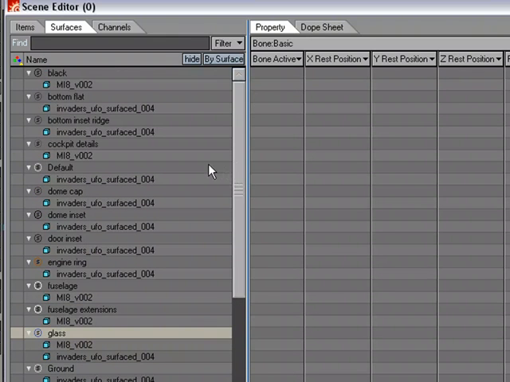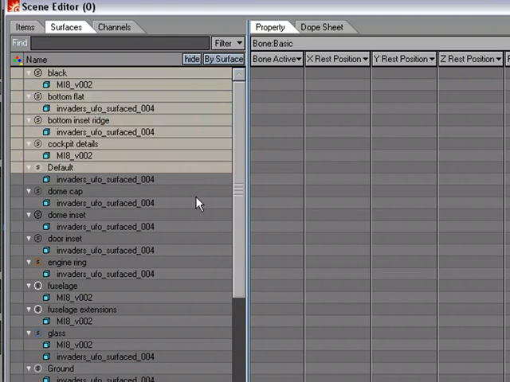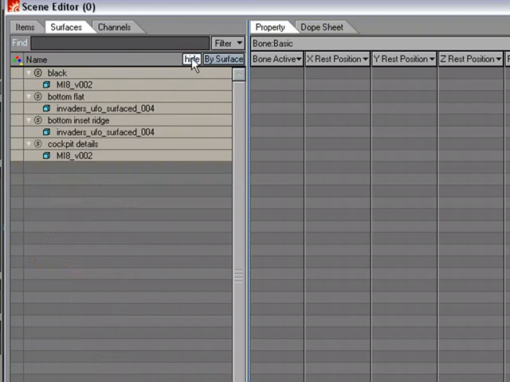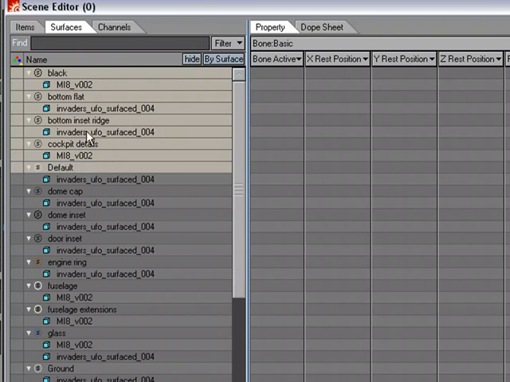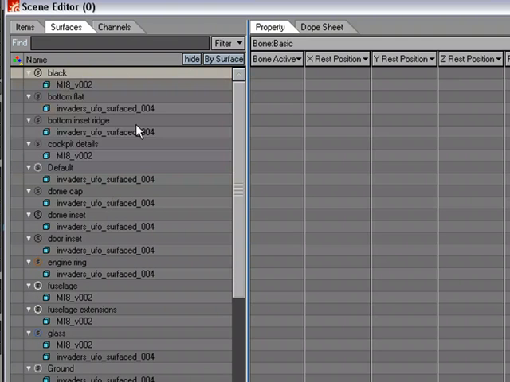I can also select several surfaces and hide the rest of the surfaces. So if you're used to working in the item list view, you'll be familiar with some of the options that you have here. Okay, now where this really comes into play is if we come over to the property tab